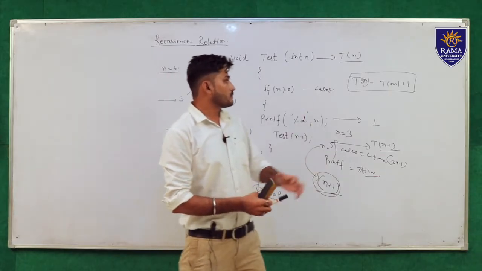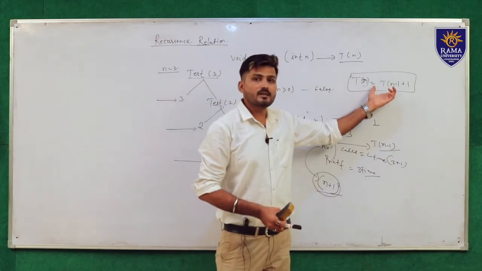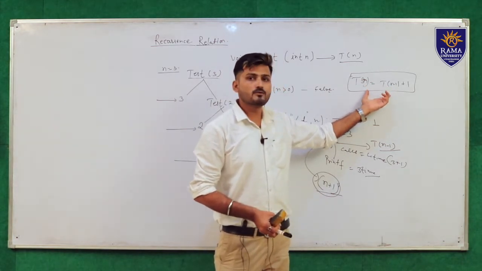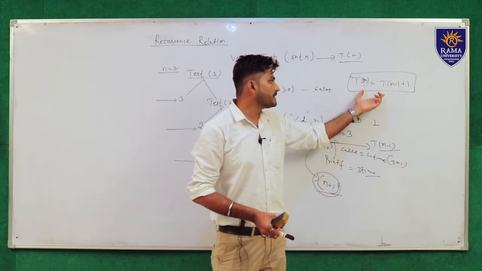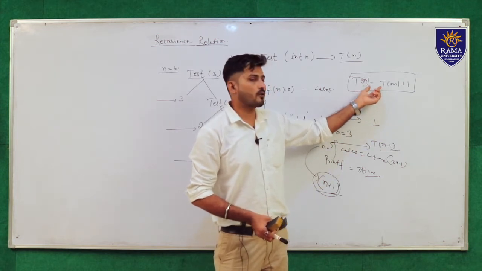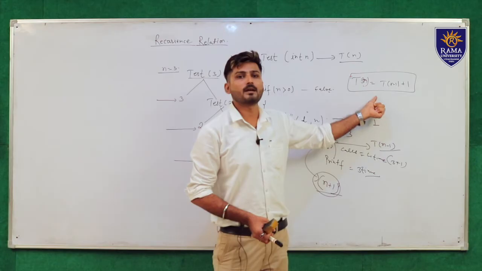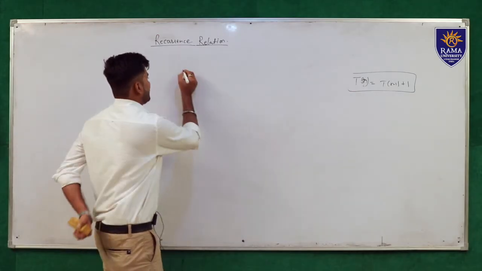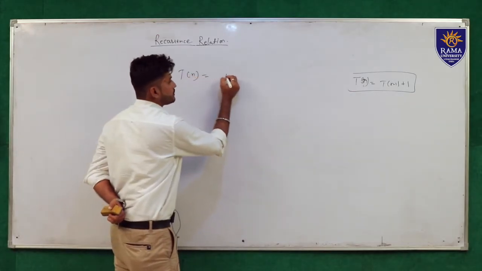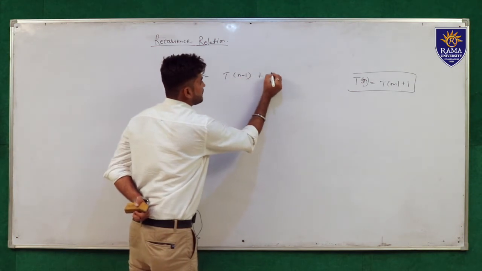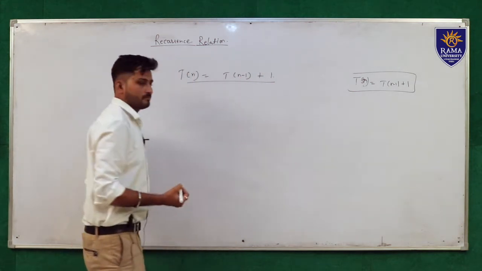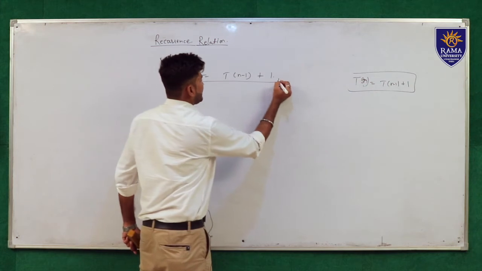Now I have to show how to solve this recurrence relation. There are various methods to solve a recurrence relation. Here we discuss one method which is called the back substitution method. We have the recurrence relation T(n) equal to T(n minus 1) plus 1. How will it be solved? So this is